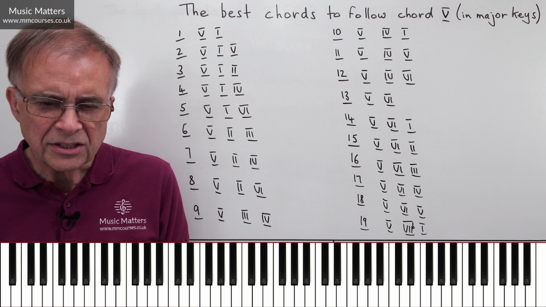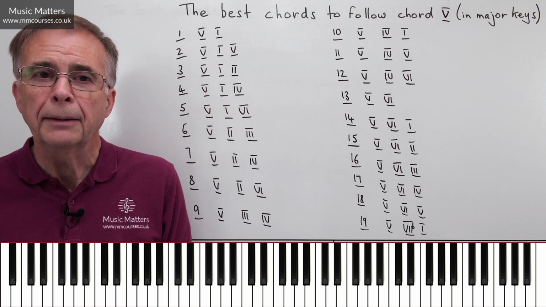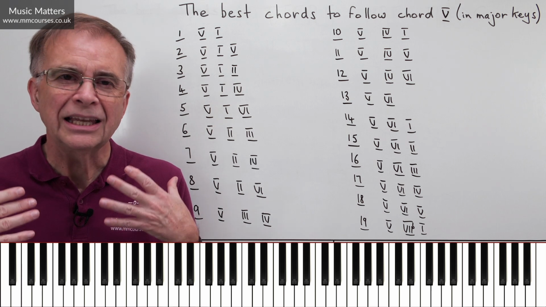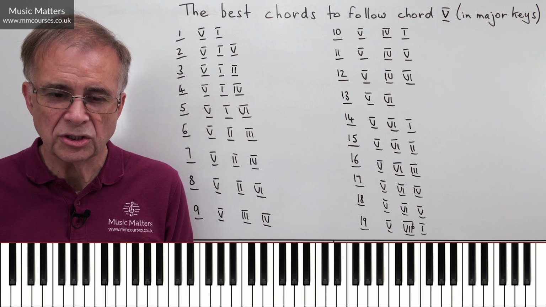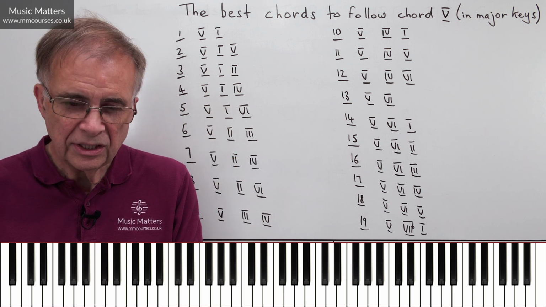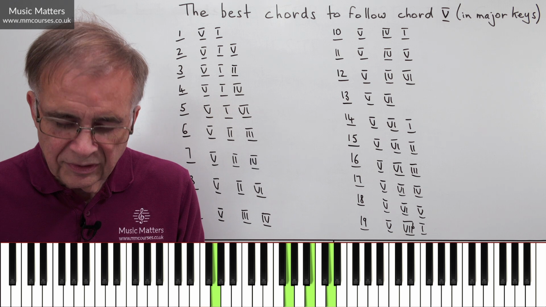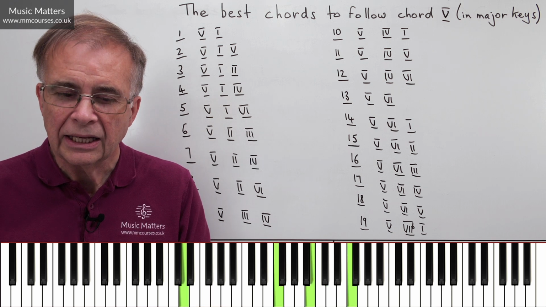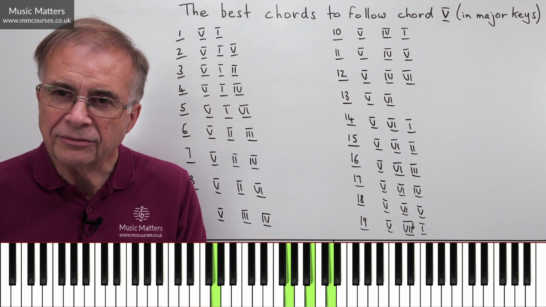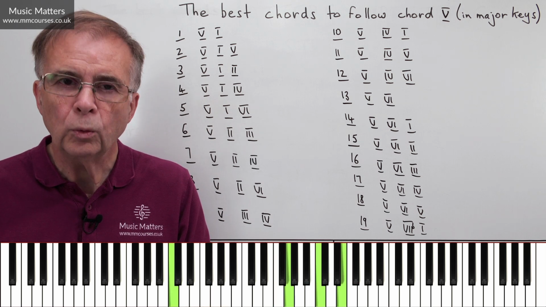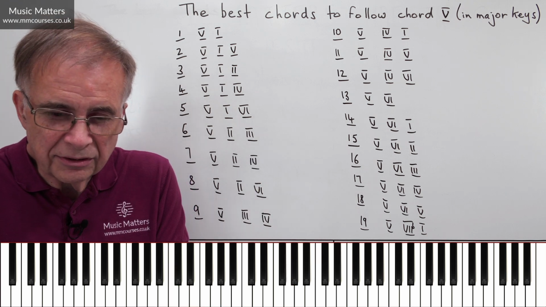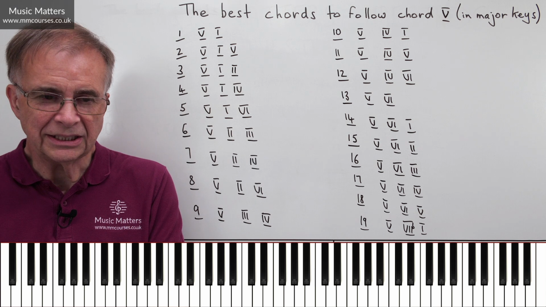But we're going to use it as a first inversion chord because when you're using a diminished chord like 7 in a major key, it always sounds better in first inversion than that slightly ugly sound you get in root position. So this time I'm suggesting we go 5 and then 7B and then 1. I think that's quite a strong progression. 5, 7B, 1. So there we are. As I say, not exhaustive. There are plenty of other possibilities.